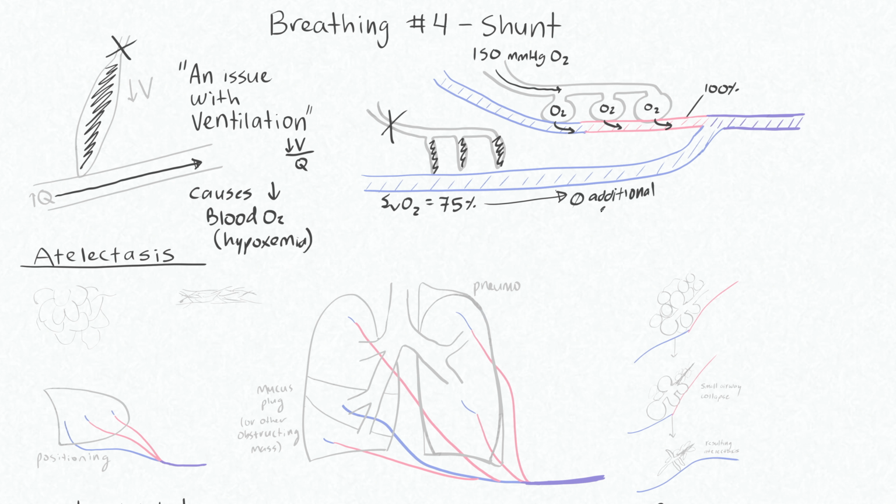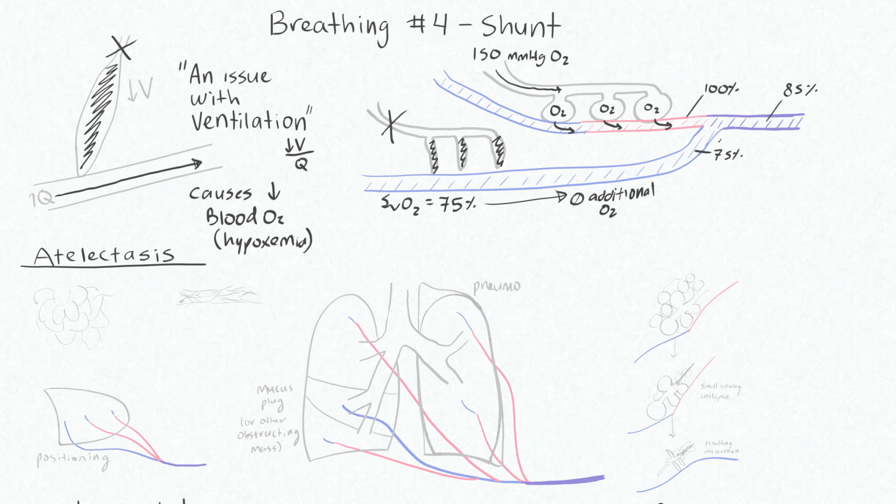So no additional O2 is picked up, and then it mixes with our 100% blood. So here it's still 75%. And then the mix of our blood here is something lower, so it might be 85,